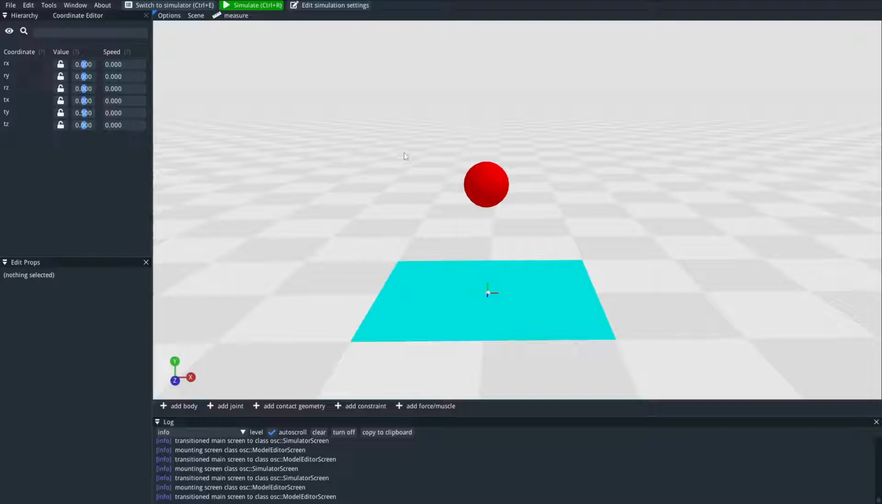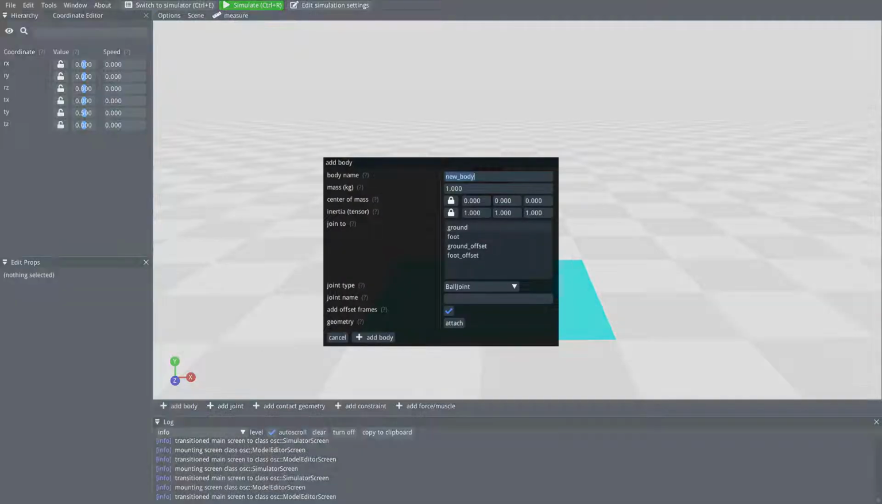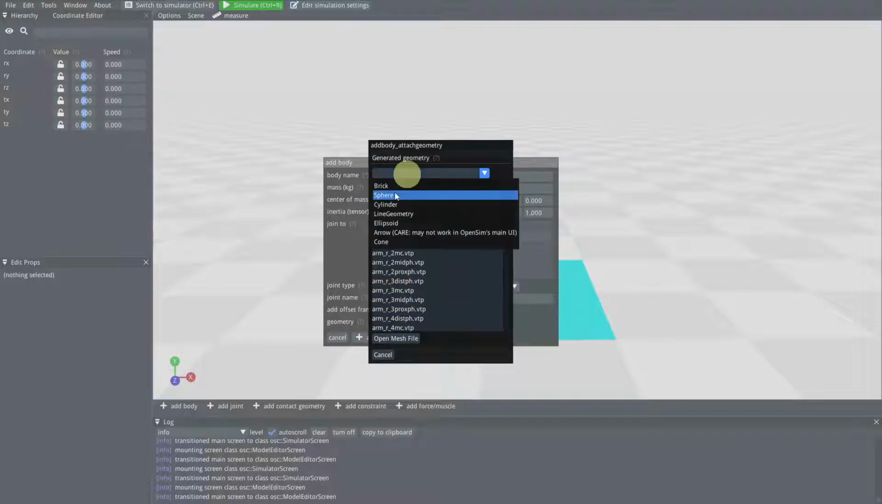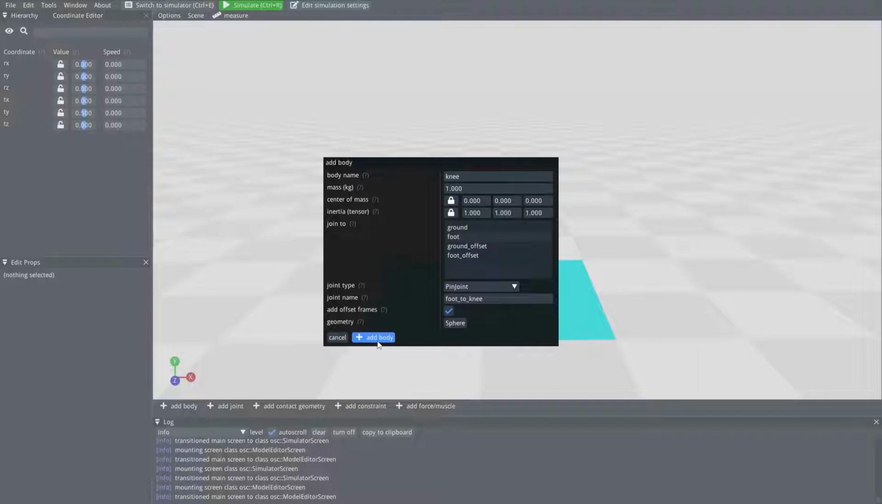So first thing I'm going to do is add the knee. To do that, I'm going to click down here, add a body, and the body is going to be called knee. It's going to be a 1 kilo mass. It's going to be attached to the foot with a pin joint, and the pin joint is going to be called foot to knee. What type of geometry does it have? It has a sphere geometry. Okay, and if we add that,